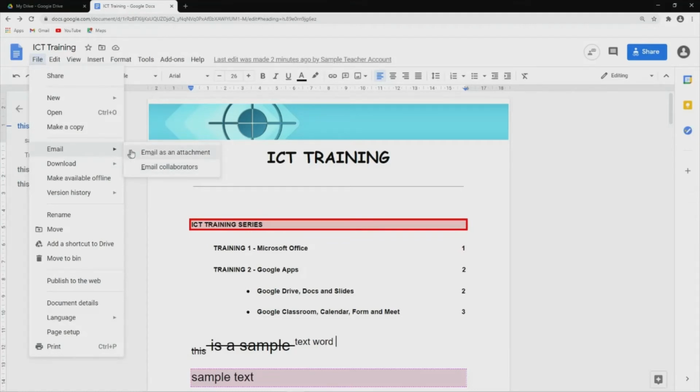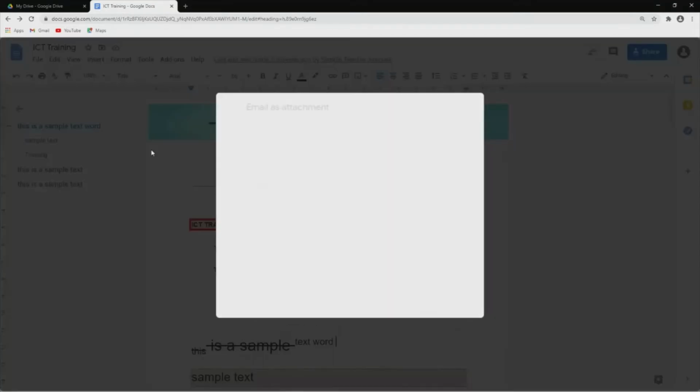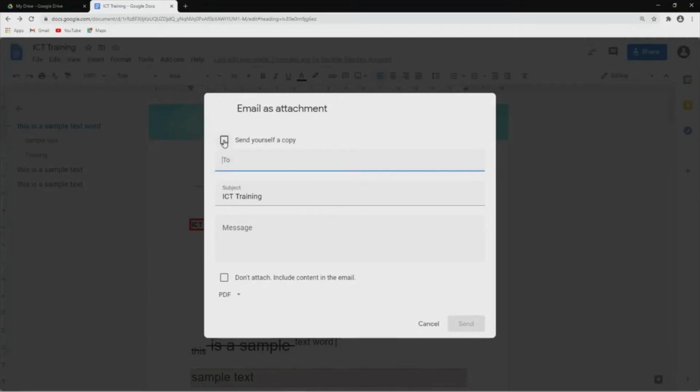So say for an example, because this is going to be an attachment for an email, let's attach this one and you can send a copy to yourself, but say for example you're going to send it directly to the sample account, subject ICT training, and final document. All right,